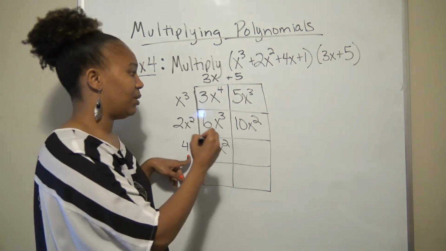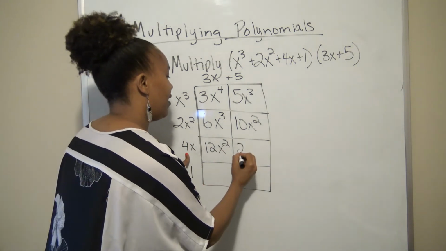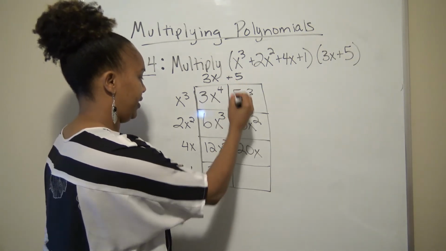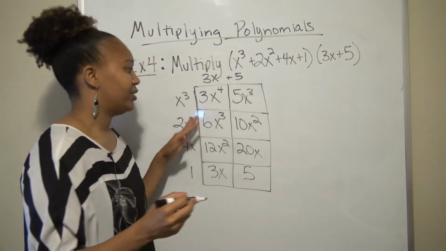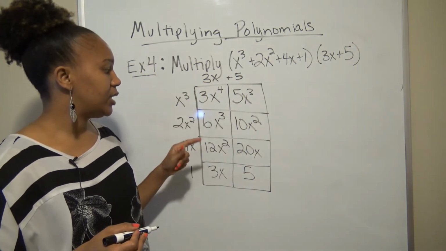by adding the exponents, and you get x to the second. Here, 4x times 5, that'll just be 20x. 3x times 1 is 3x, and 5 times 1 is 5. So this is all the terms you get when you multiply these two, but now you need to combine like